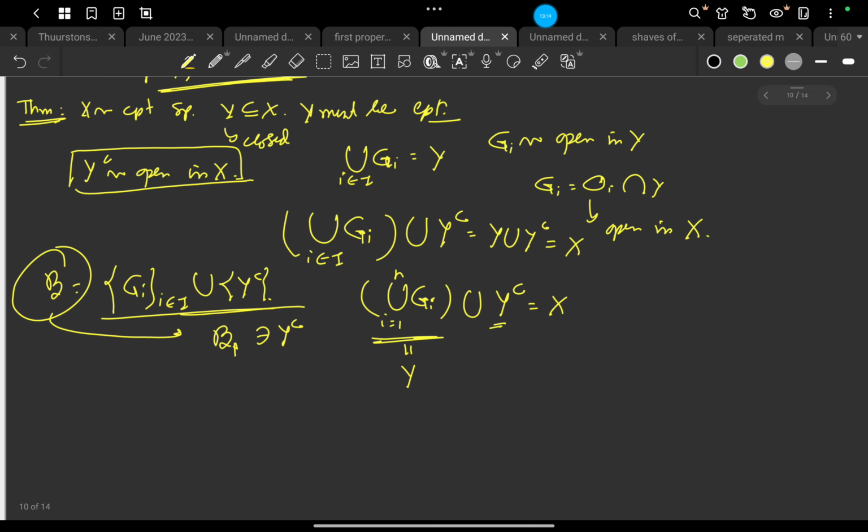That means it has to be inside this union of Gi's. So this entire collection of Gi is basically the same as Y.